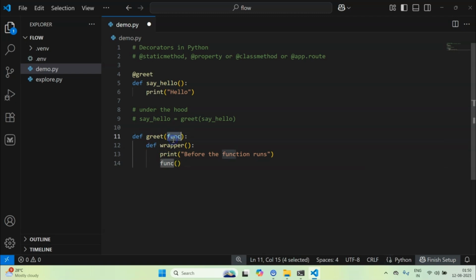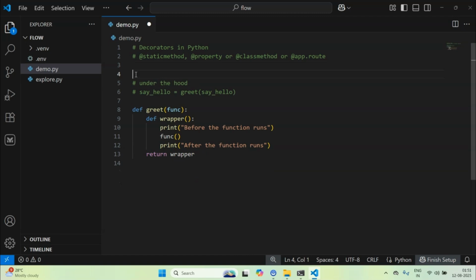Which function? The function which is being passed here. And we can print something like after the function runs. And what exactly does this greet return? This returns this wrapper.